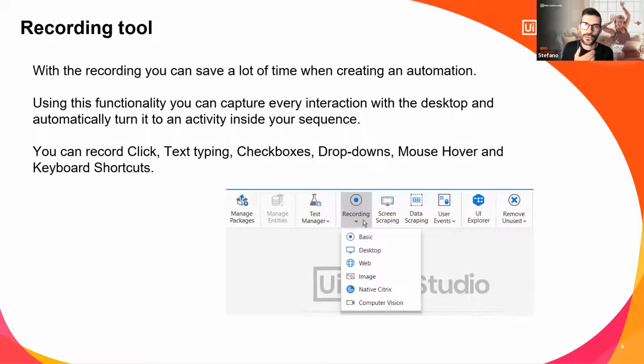So with the recording tool, you can save a lot of time creating an automation from scratch, and it lets you capture every interaction with the desktop that you do when you start the recording. All the things you do on the desktop, so click, text typing, selecting a checkbox, and so on, will be recorded